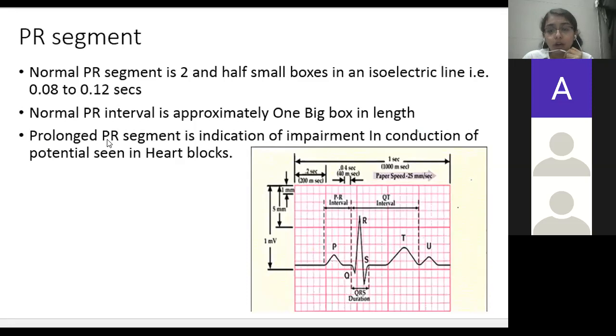So if there is a prolonged PR segment, meaning atrial depolarization has happened, but ventricular depolarization has not started yet, so there is a gap between the two, then what does it mean? That there is some conduction block from the AV node to the bundle of His, because when the bundle of His is excited, you get the QRS complex, and while the current is still moving from the AV node to the bundle of His, you get the PR segment, which is this and this. So that is why you know that there is delay in the conduction, and there's some problem with the conduction. That is the significance.